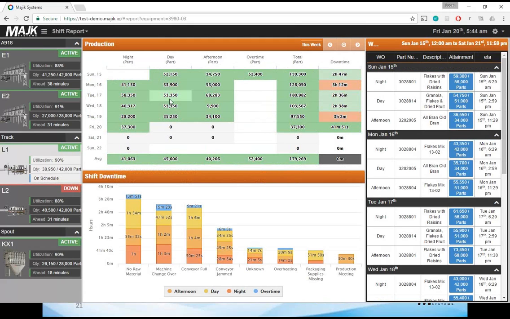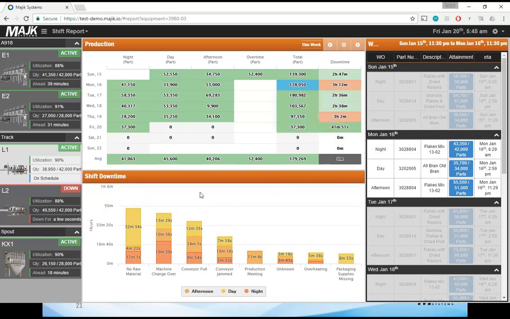In this case, I could pull up my total shift from Monday and then evaluate what my downtimes were over that day. In this instance, you can see that I was having issues on my night shift with the machine changeover, as it was taking almost twice as long as the other 2 shifts to complete. This is a great way to once again go back and check to make sure that the changes you've made